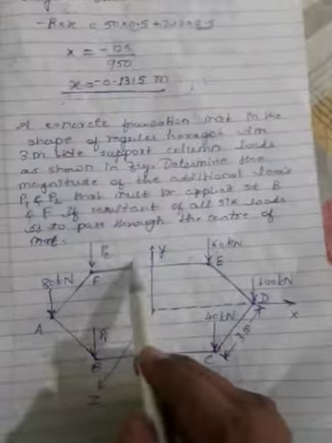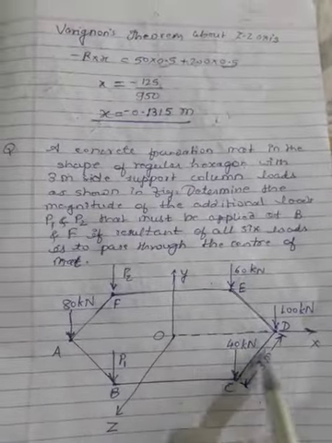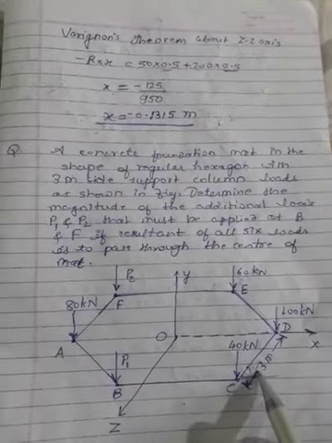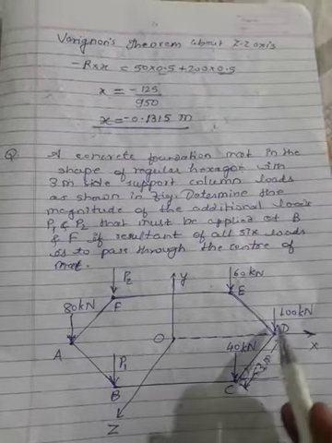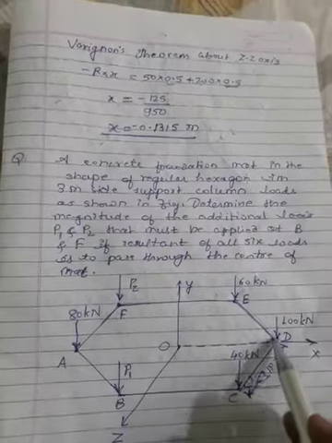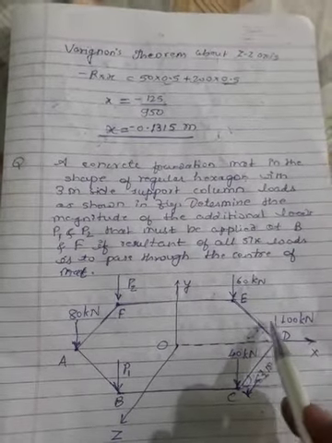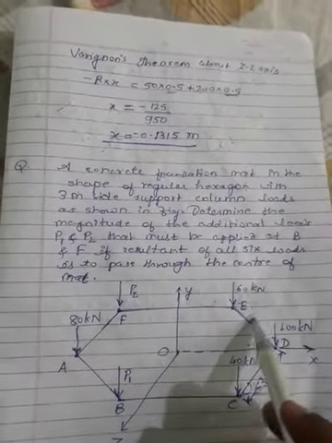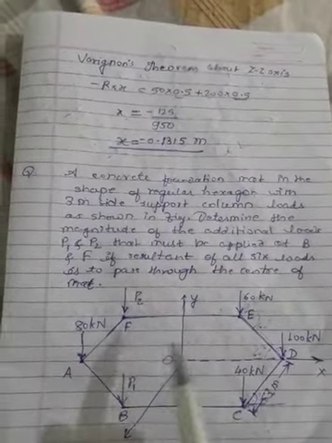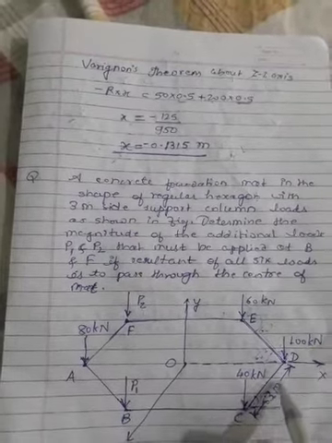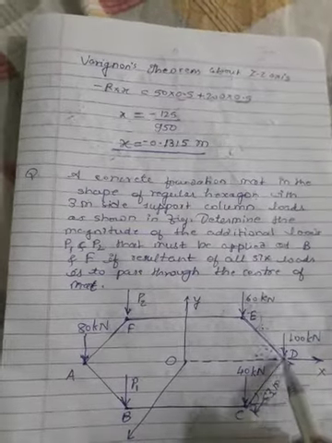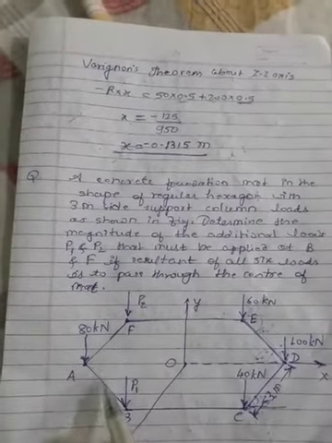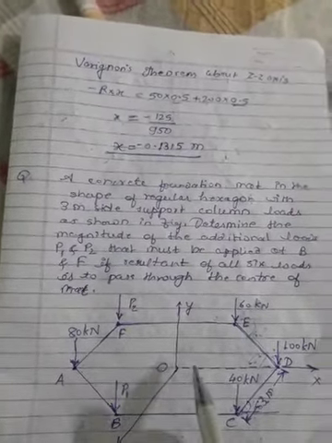It means you have been given the foundation in the shape of a hexagon. If I see here, the hexagon always makes an angle of 60 degrees. This will make an angle of 60 degrees here. Like that it is going to make 60 degree angles. This will make 60 degrees here. Each side of the hexagon is 3 meters. This is 3 meters, this is 3 meters, this FA is 3 meters, this AB is 3 meters, this BC is 3 meters.